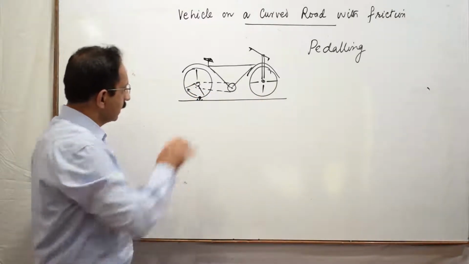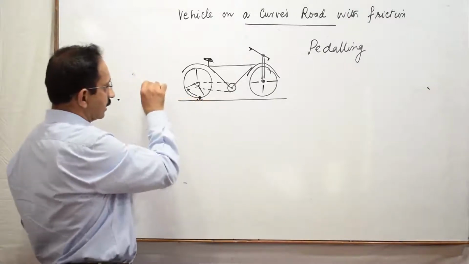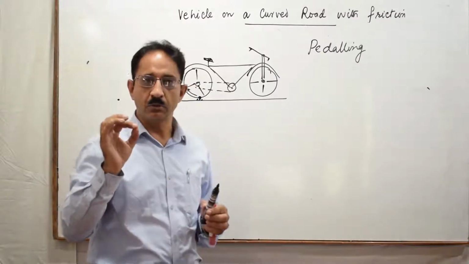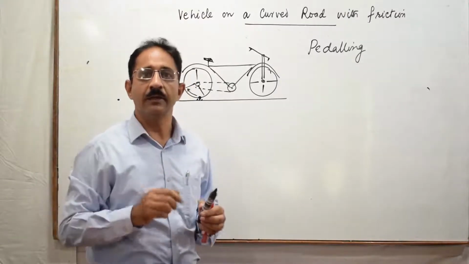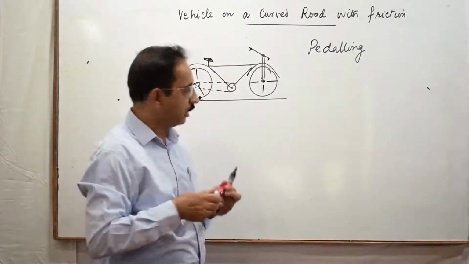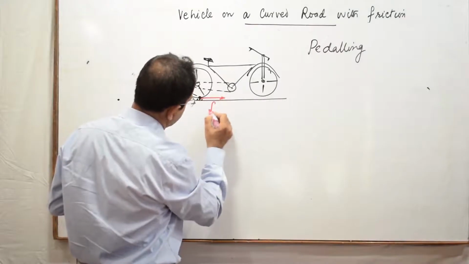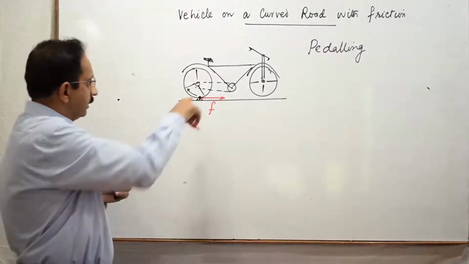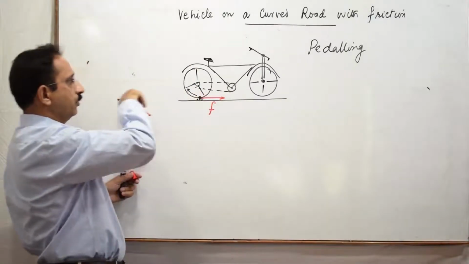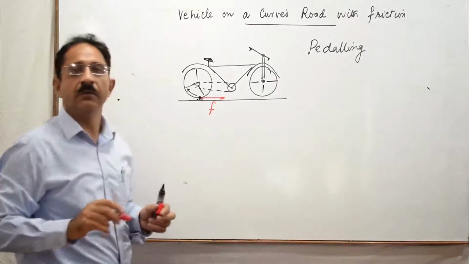So what I see is कि since this motion of the point is taking place in this direction, और आपको याद है कि force of friction का वो डायरेक्शन होता है, it tries to destroy the relative motion at a contact point between two surfaces. So the force of friction here will act in this direction. Because the tire is moving in this direction, there is a tendency in this point to move in the backward direction. The force of friction will act in the forward direction.